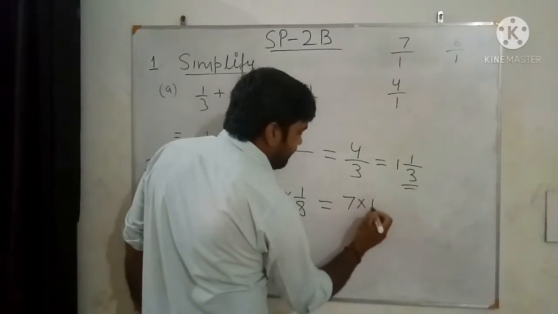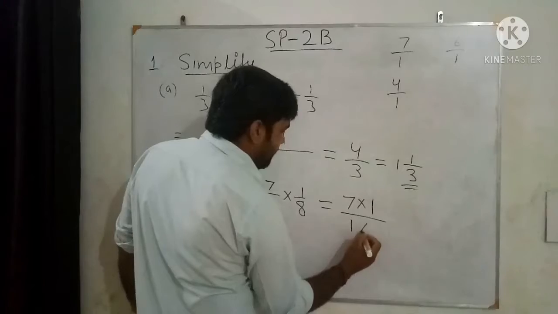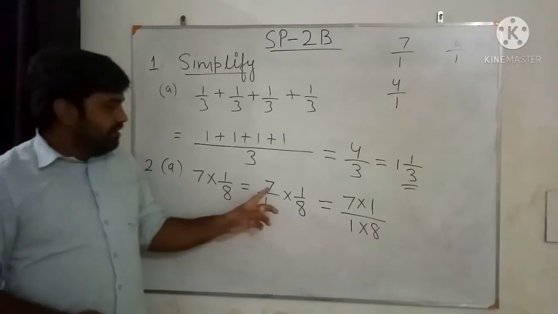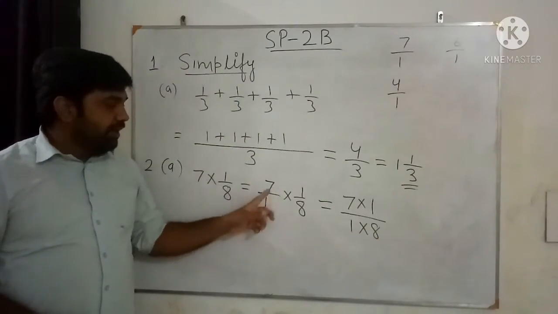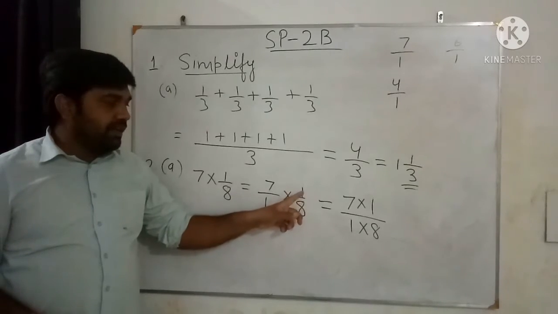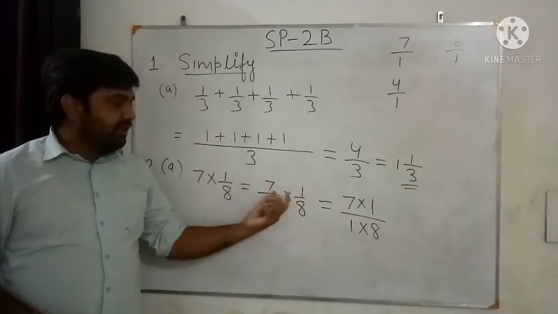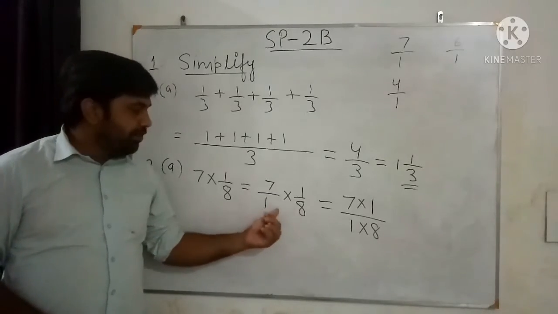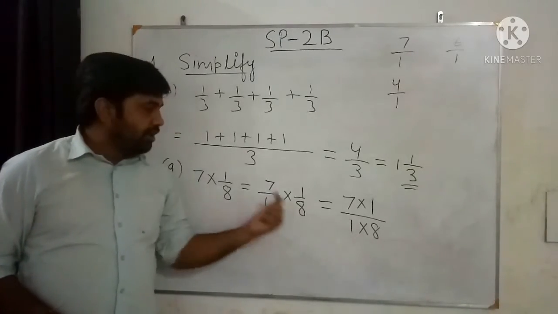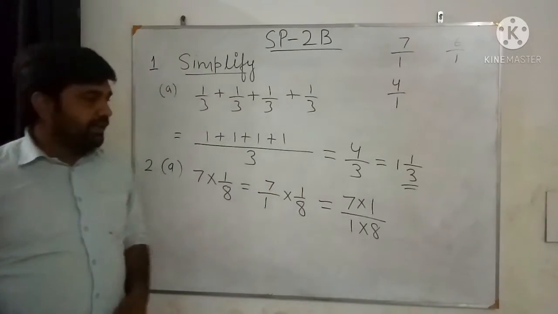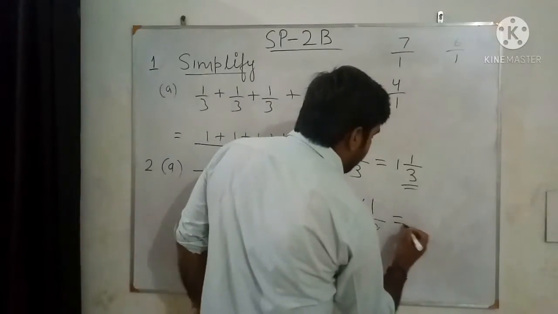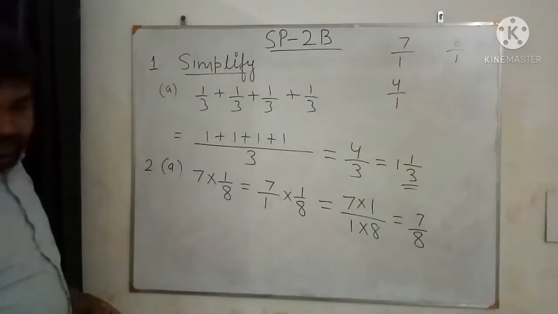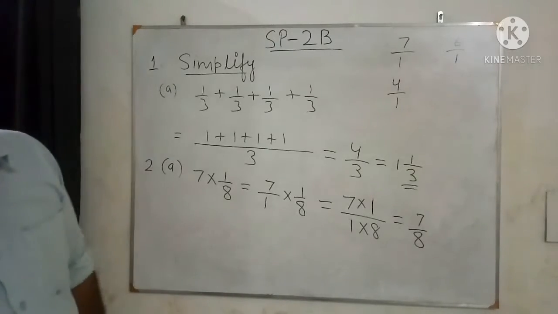So 7 multiply 1 divided by 1 multiply 8. See what I have done here in the fraction. This fraction's numerator is 7, this fraction's numerator is 1. So multiply the numerators together: 7 multiply 1 upon 1 multiply 8. The denominator is multiplied with the denominator and the numerator with the numerator. So 7 ones are 7 and 1 eights are 8. So what is the product? 7 by 8. Now